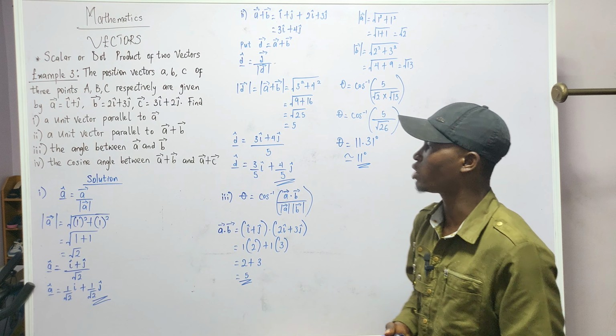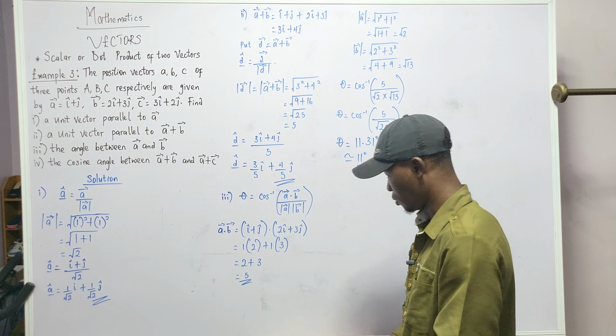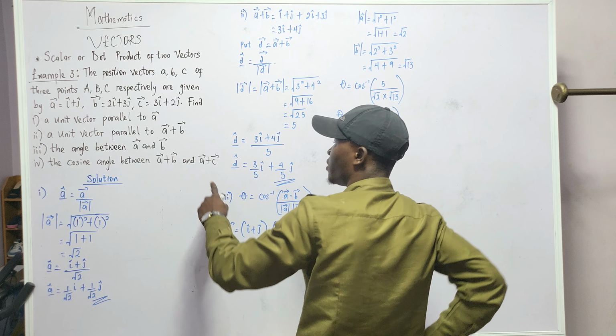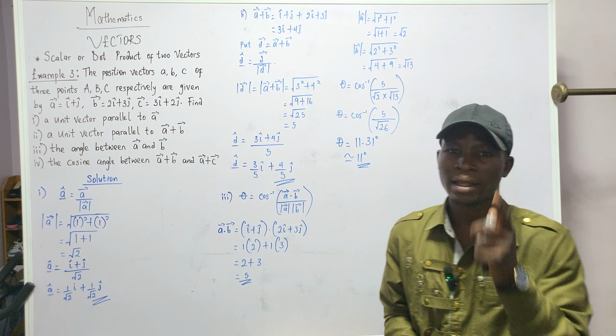So I want you to try the cosine angle between vector A plus vector B and vector A plus vector C, and tell me the answer